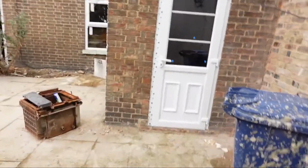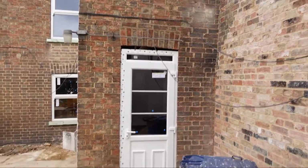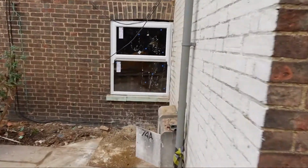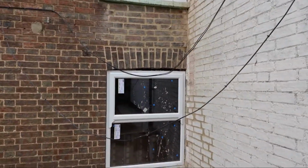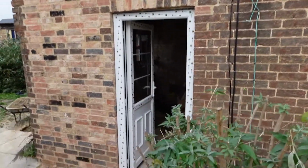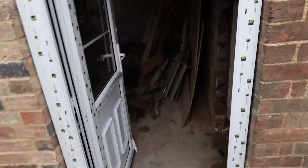So Sunday morning, and me and Tula thought we'd come round, have a look at the build and see how it's progressing. So if I turn round, you can see we now have a new rear fire door. We've got all the windows put in, they just need the trim to go round to finish the windows off. New windows up there, and the new back door just here. So if we go through,